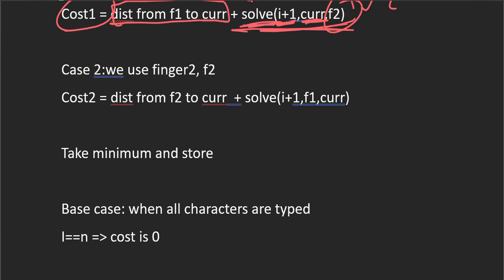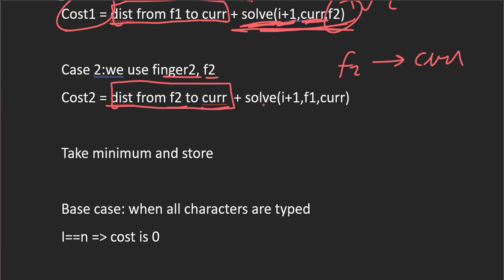Similarly, if you have used finger 2, then we have to shift finger 2 from F2 to current. So this will be the distance that we have taken to shift our finger from F2 to current.